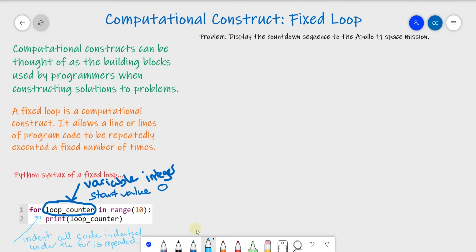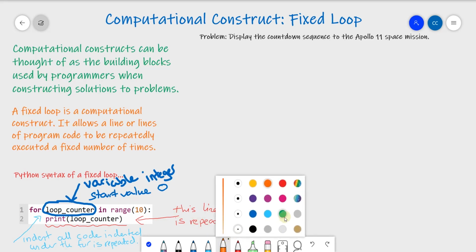And we've got, let's change this colour, we've got one line which is repeatedly executed. So this line of code is repeatedly executed. Okay, and we can also, let's get a different colour, let's go for a green. We can also have a look at this range,